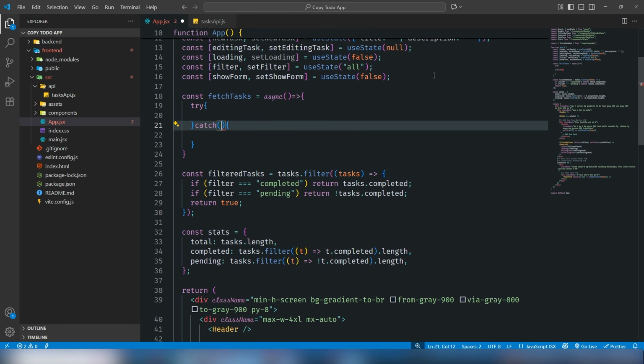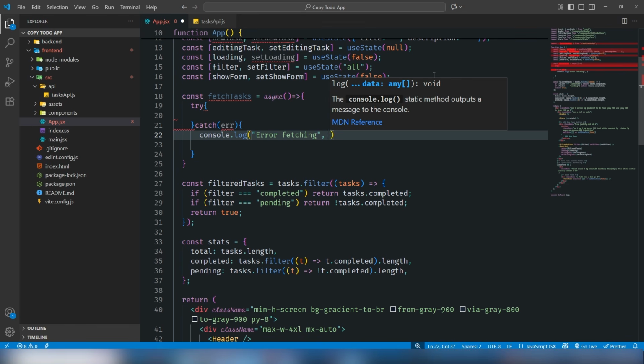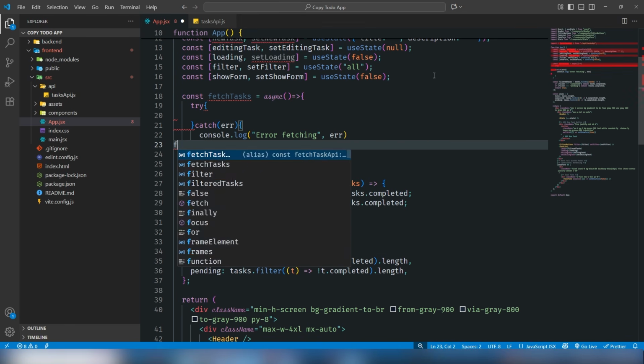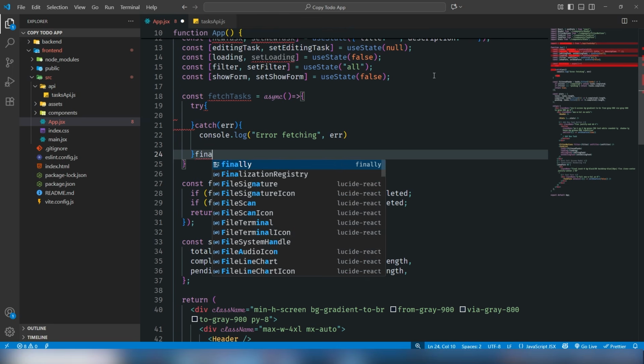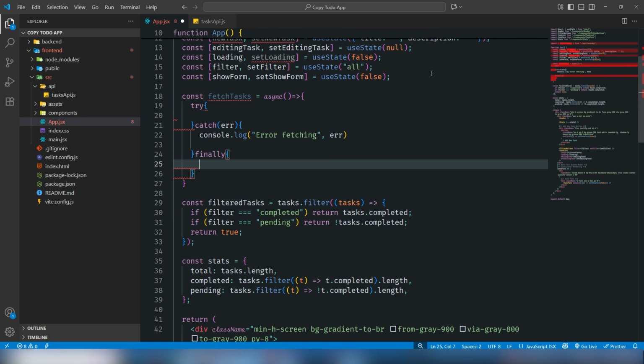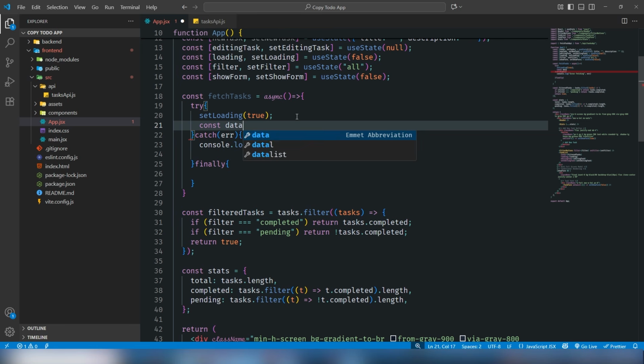and there I'm going to use console.log and also I'm going to use the finally as well on there. The reason for using finally, I will use the loading state. So in the try block you need to use setLoading is true,